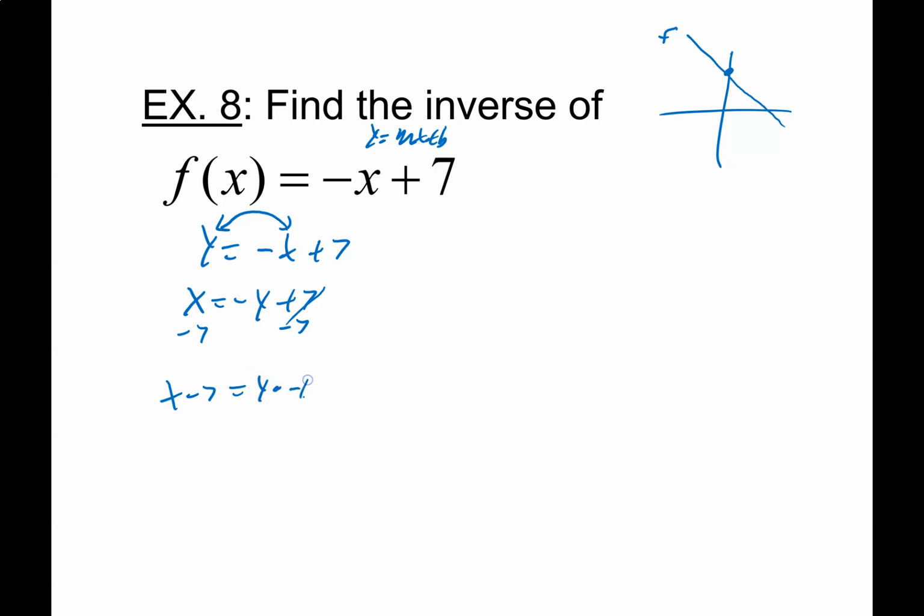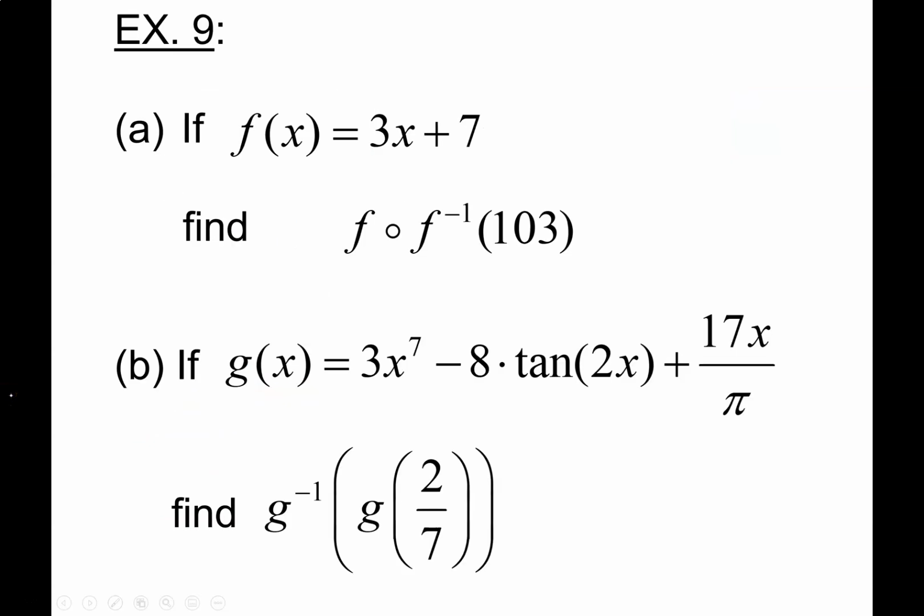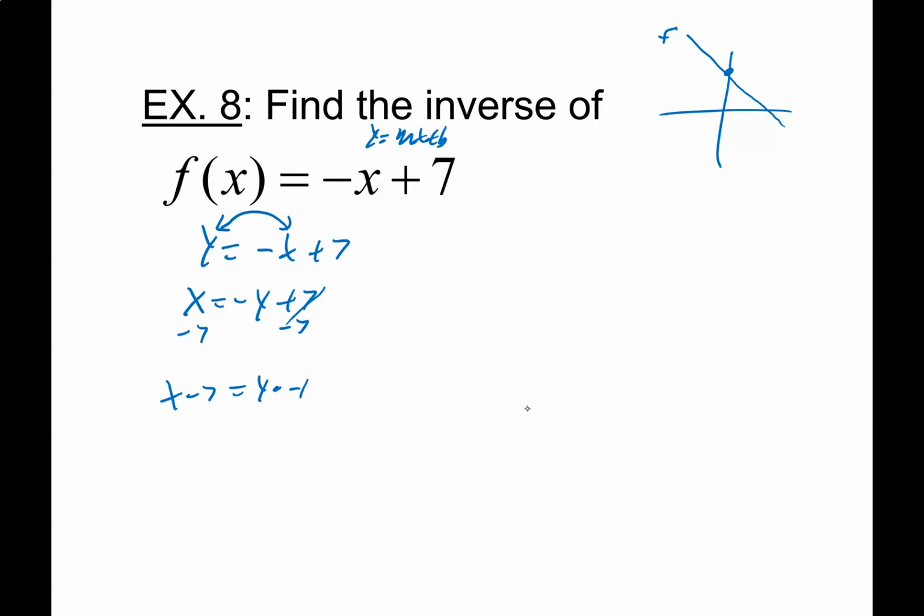So I'm going to multiply this by negative 1, and I'm going to multiply this by negative 1. So that's going to turn that into a y, and that into a negative x plus 7. So what do I get? I get f inverse of x is negative x plus